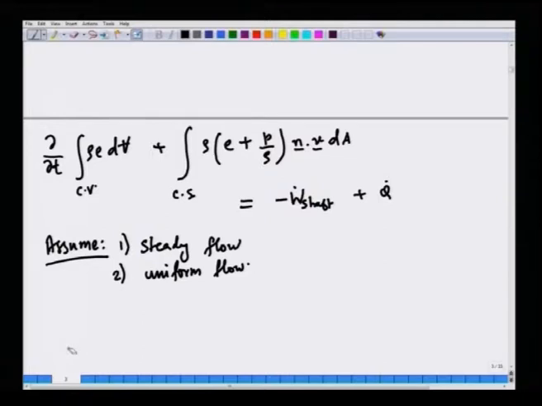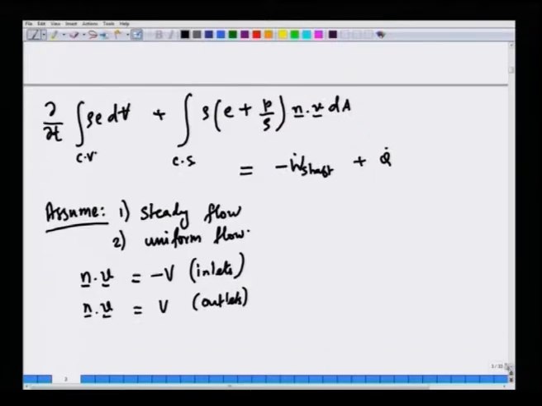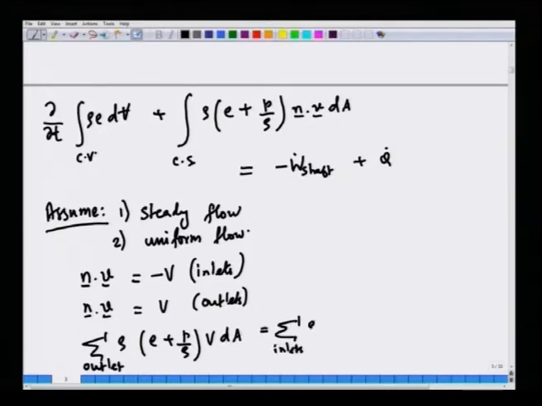And when we do this, we should also realize that n dot V is minus V at inlets and n dot V is plus V at outlets. So, the integral over the CS will become a summation over outlets of rho (E plus P by rho) V dA, minus the summation over inlets of rho (E plus P by rho) V A, not V dA, just V A, equal to minus W shaft